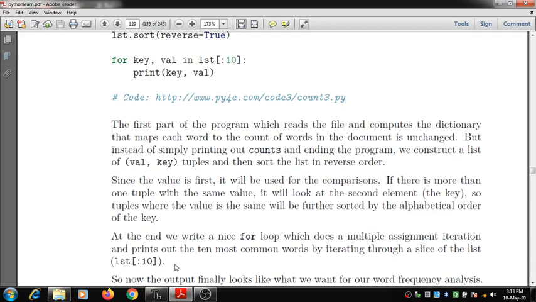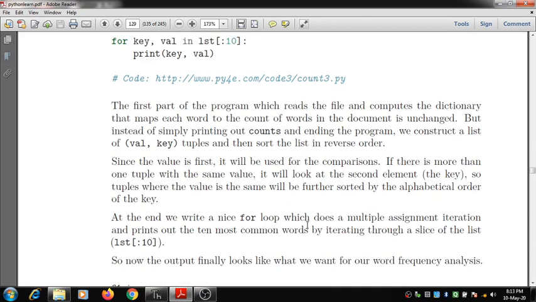Now the output finally will be the words with the frequency analysis.